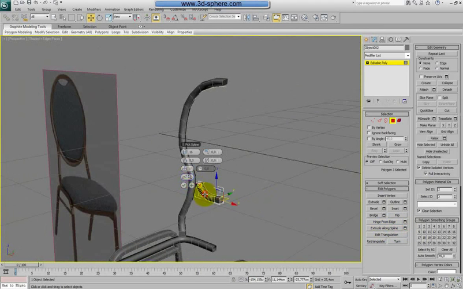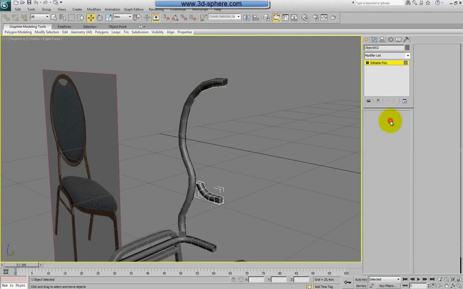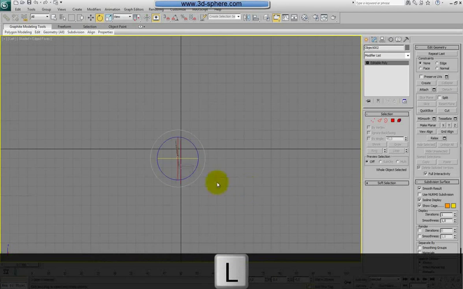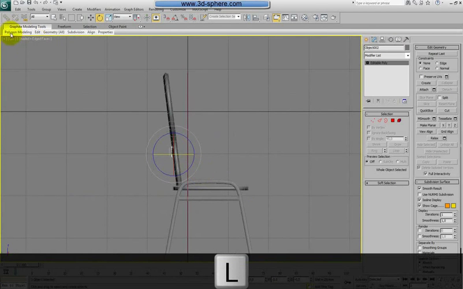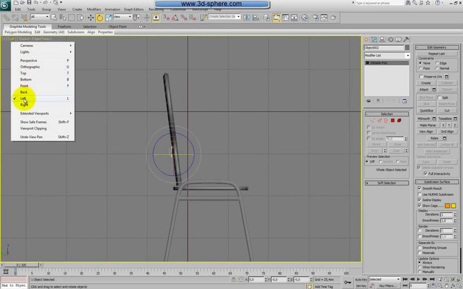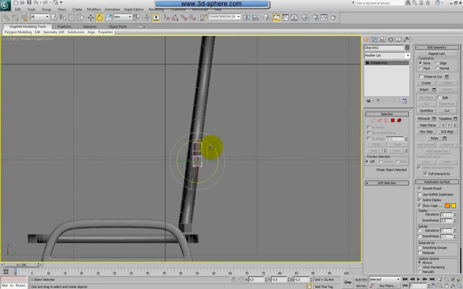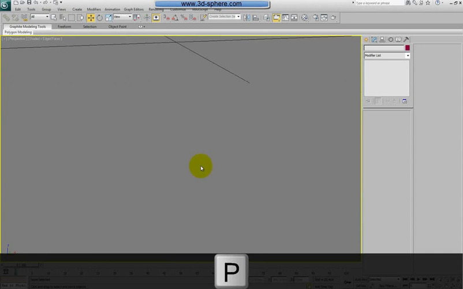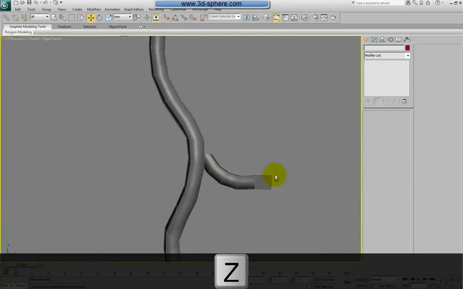Pick our spline. 4 should be enough, for sure. Place it here. From the left view, maybe. The right view better will make the rotation there, to match everything. Like it should. Perspective. Z to zoom and